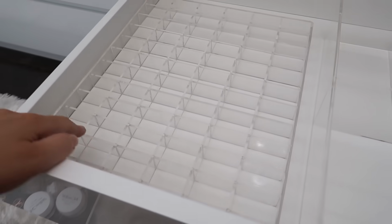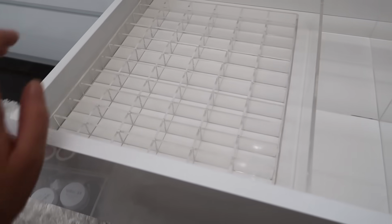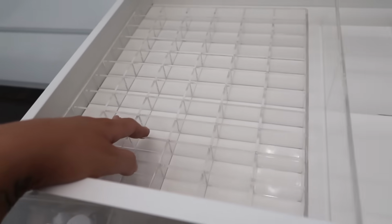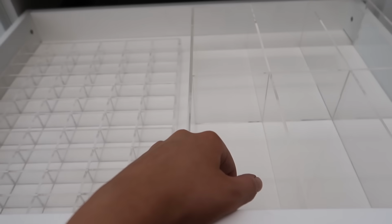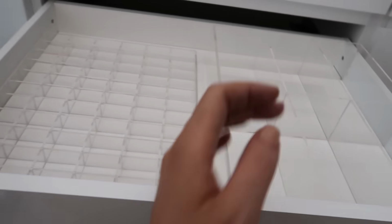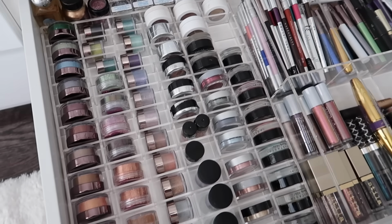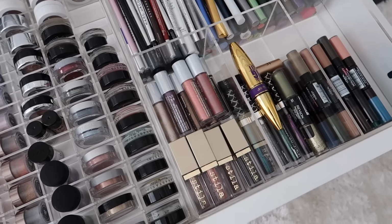Okay, so underneath the blush drawer, I decided to make this kind of like the eyeshadow and pigments drawer. So I have a bunch of pigments here, and I'm going to use the Sony organizer for eyeshadows and pigments. And I have this here. I haven't decided yet, but I think I might need this too. Okay, so I just finished putting away all my pigments and single shadows, and then we have liquid glitters and